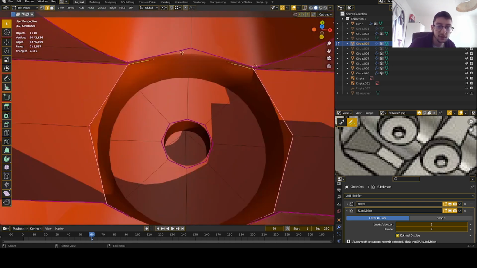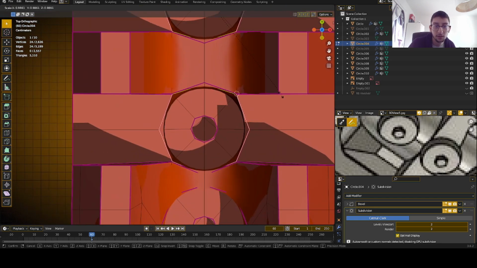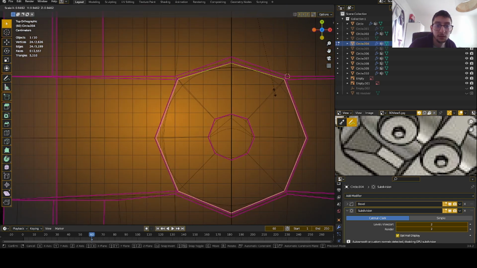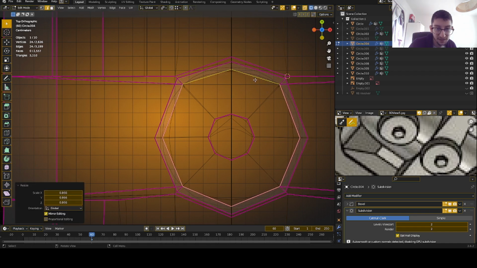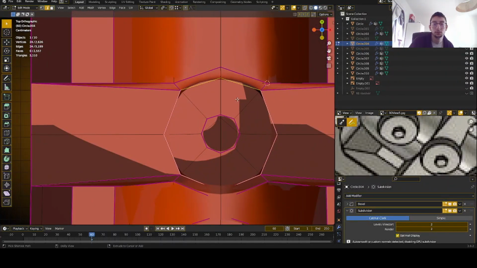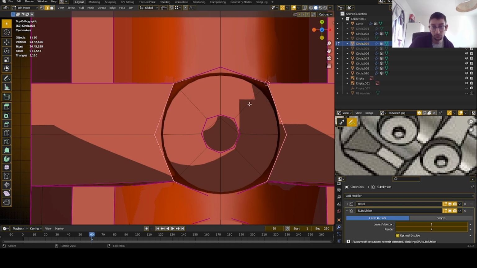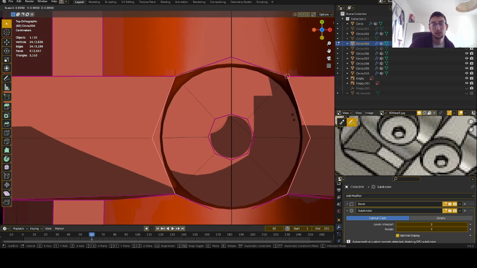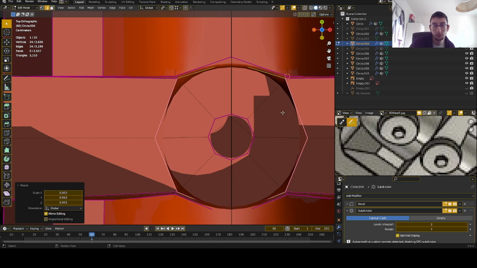Did I get all of them? Yes. Individual origins. Scale them down a bit until you see this exactly here. You want them to hit this line here on the circle, exactly there. I'll elaborate why you want that to happen, what you actually do. So no, it's not really about that. It's rather